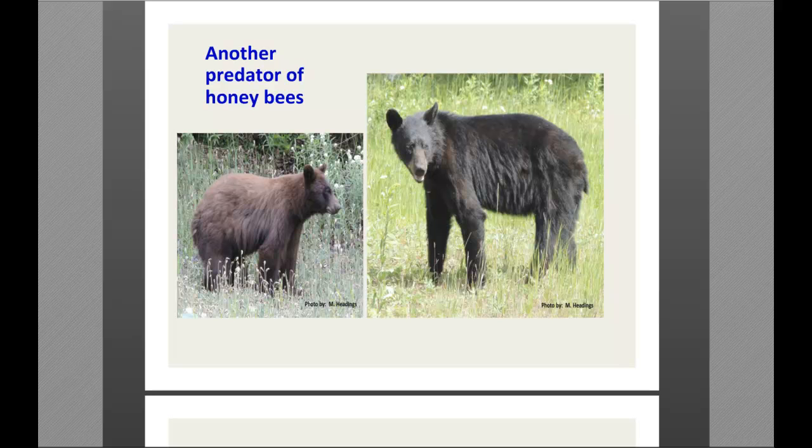And you'll notice when bears get into a bee yard, you've probably seen or heard about this, how they break the hives apart and scatter them over the ground. And that is probably because they really have the big interest in the brood. If they wanted to simply feed on the adults, they could probably do as the skunk does and just feed on them at the entrance.